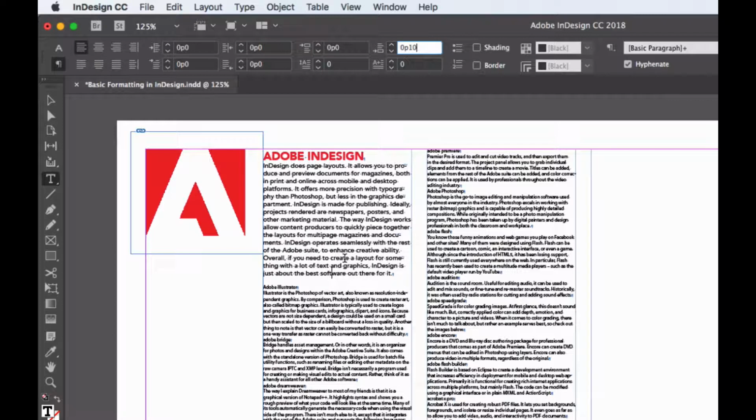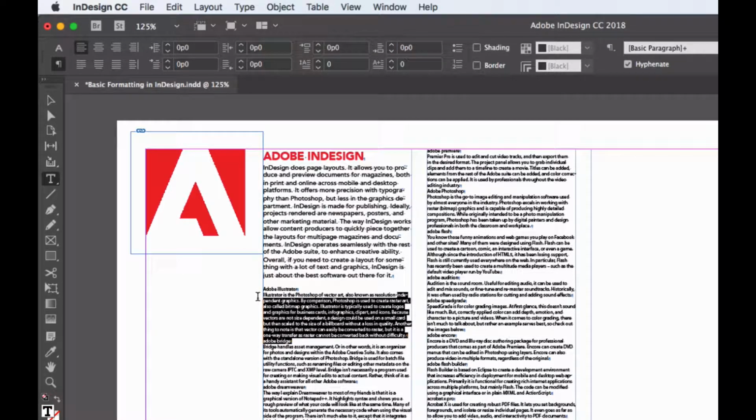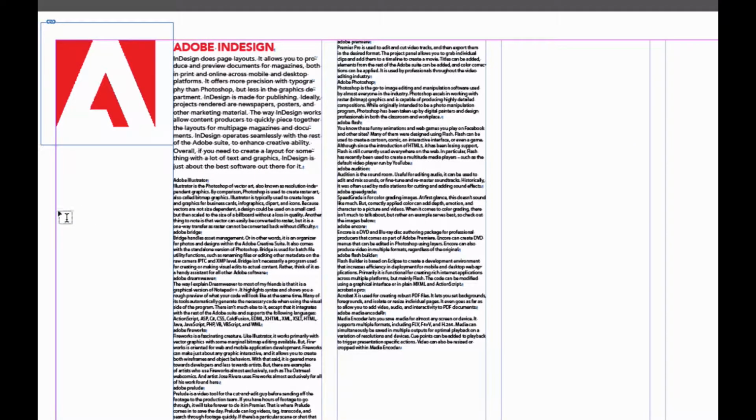Another thing I want to do is add a little bit of space between the heading and the description paragraph for each of these elements. So I'm going to click once in the heading, and I'm going to use that Space After option again, and I'm going to increase the value just to give it a little extra room. Now that I have my formatting in place, I want to apply it to all the rest of my copy. What I don't want to do is select each chunk of text and change the settings like we did for this first block of copy. So what we'll do is we will use